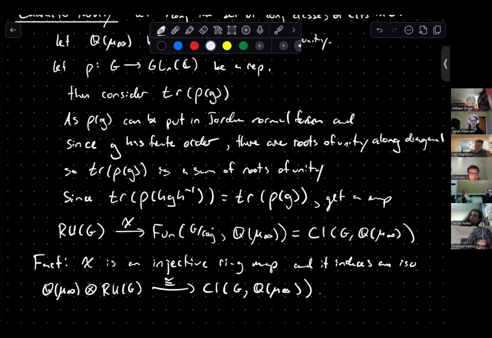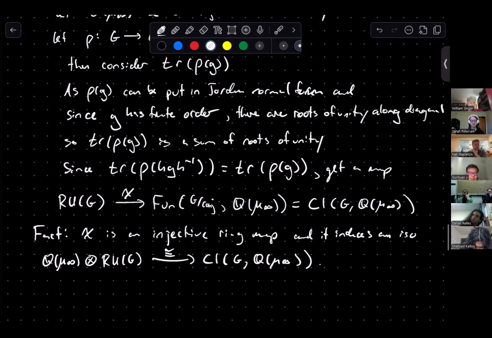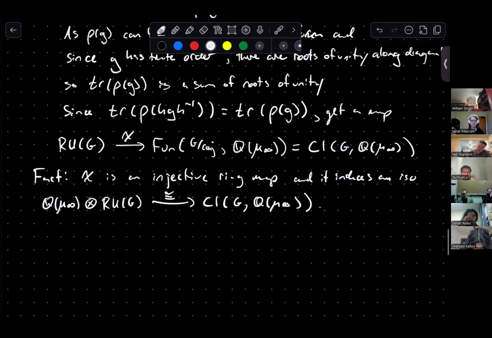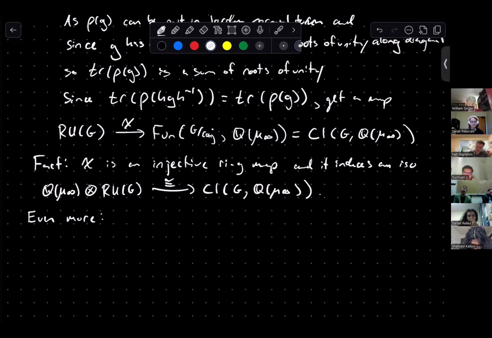So this is probably, for arbitrary G, our best tool for understanding representation rings of G. But this isn't actually the complete story. Even more is true. And this even more lets us understand not just the base change of RU of G to Q adjoin mu infinity, but just the rationalization of RU of G. So let's let